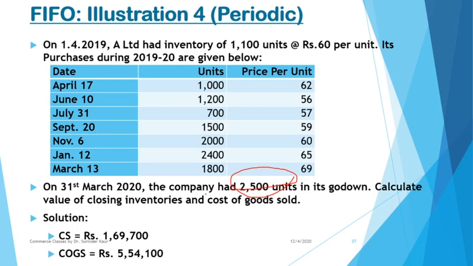Now, before we take up this, let me just give a rough idea of another method also, LIFO. LIFO will say last in first out. It will say the quantity which is acquired last must be sold first. So in that case, you will first be selling these 1800 units, then 2400 rupees of lot, then 2000, then 1500. Likewise, you will be selling them, and your opening stock will be from the initial lots, isn't it?